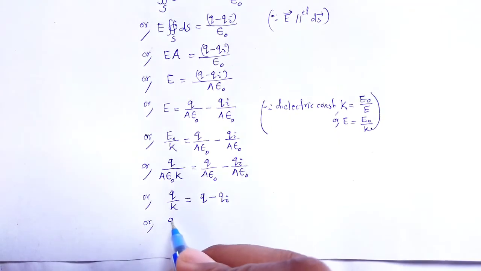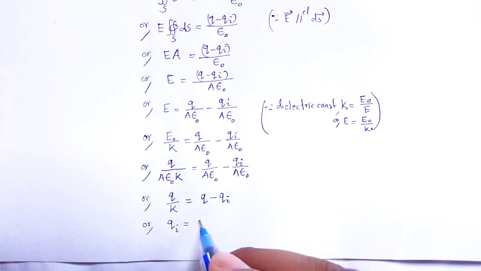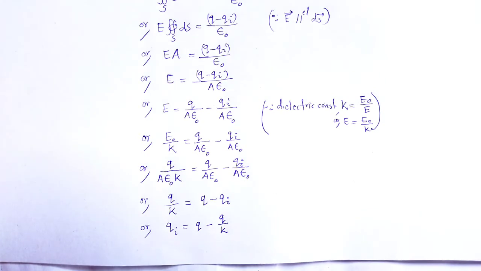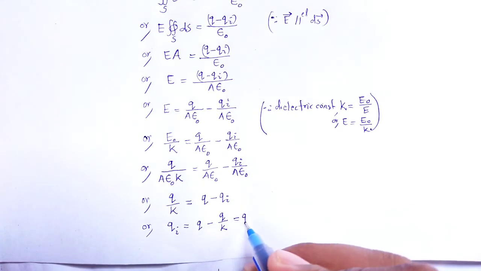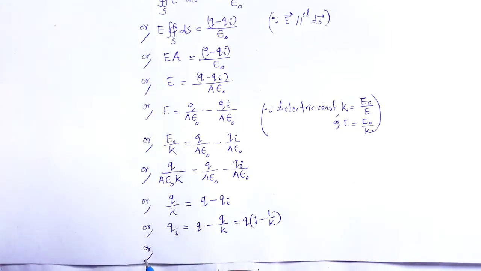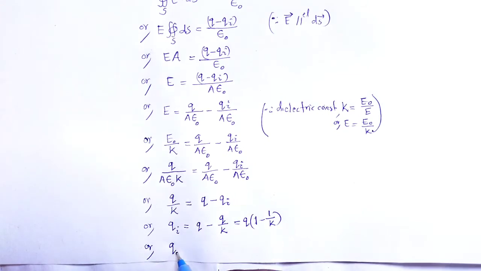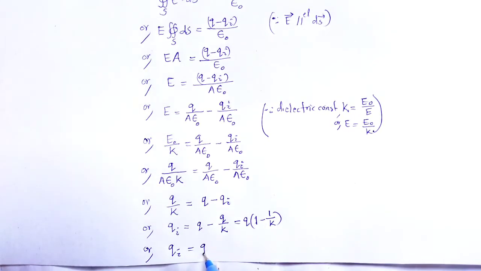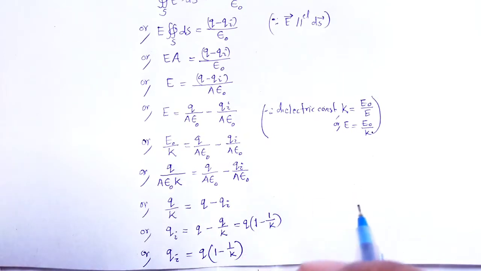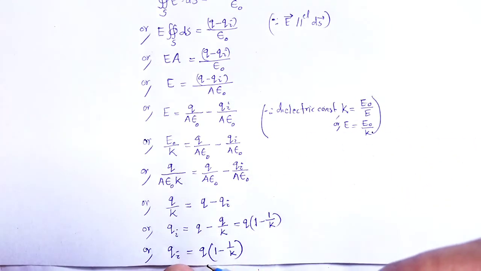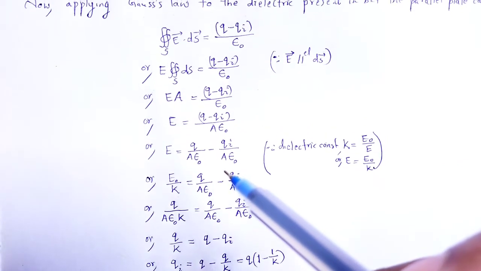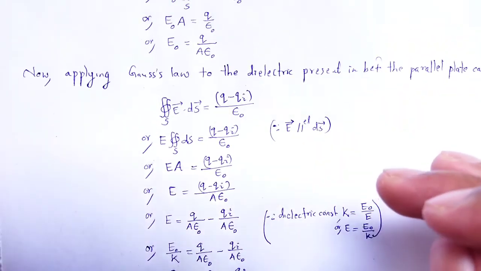Therefore, Qi is equal to Q minus Q by K. Taking Q as common, that will be 1 minus 1 by K, or Qi is equal to Q times 1 minus 1 by K. Now that value of Qi can be put here, so we can easily get